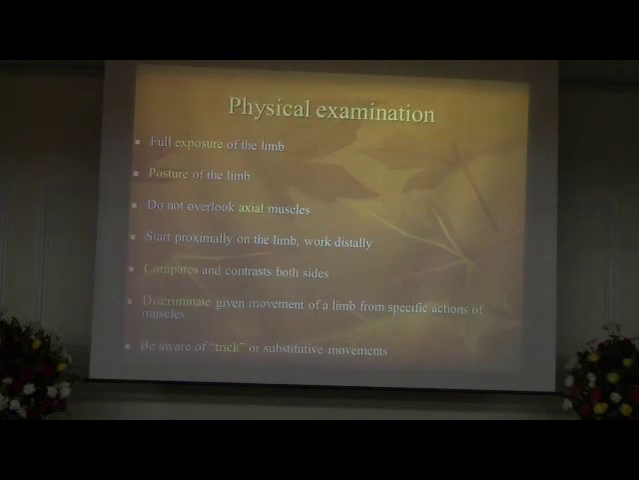Physical examination: adequate exposure is a must. Look at the posture of the limb. Do not overlook the axial muscles. Another example: if you have a patient with brachial plexus injury and you find there is pectoralis major wasting, this is very important information, because the pectoralis muscle is supplied by the lateral pectoral nerve, which is from the upper elements